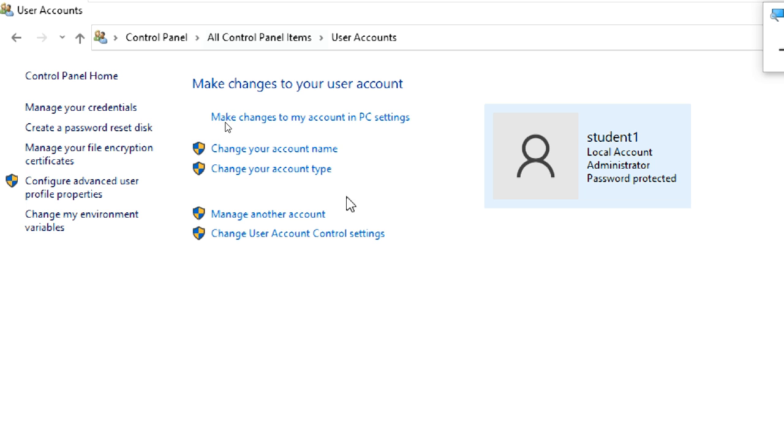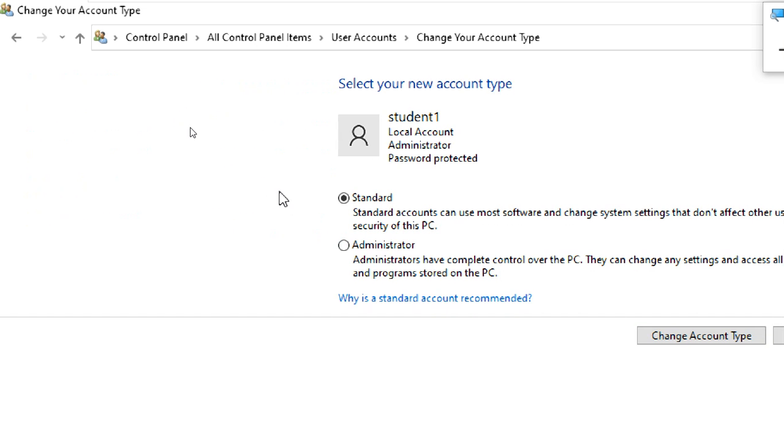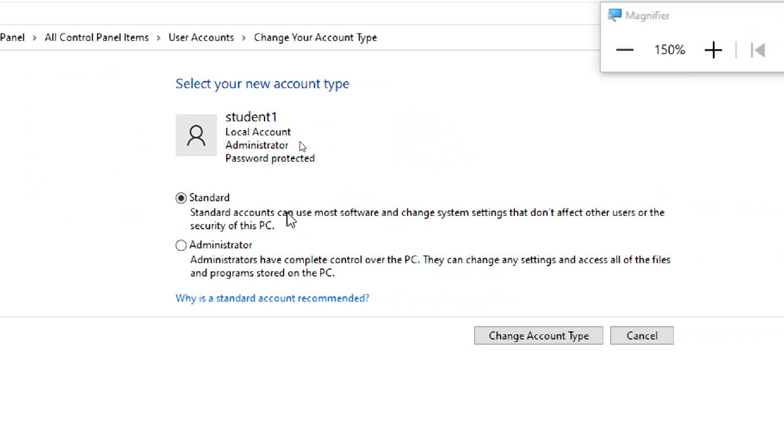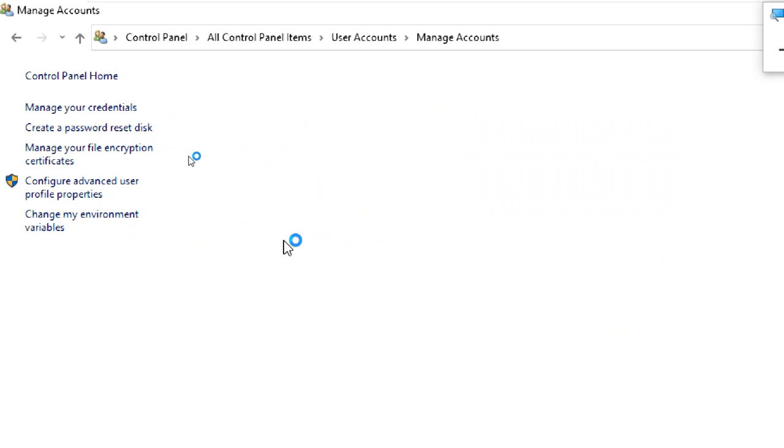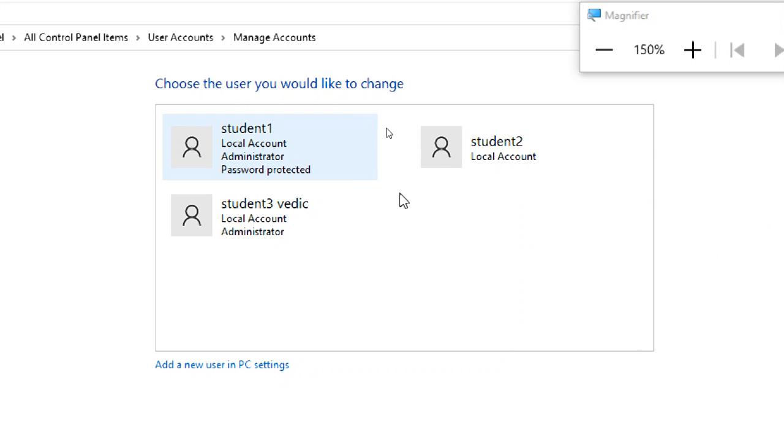That's it. Other things: you can change your account type like this, standard or administrator. See the difference between standard and administrator. Now it is administrator. If you want to change it to standard, you can. If you click on manage other accounts, see, this is one account, two, three. I made this one an administrator also, so I have two administrators.